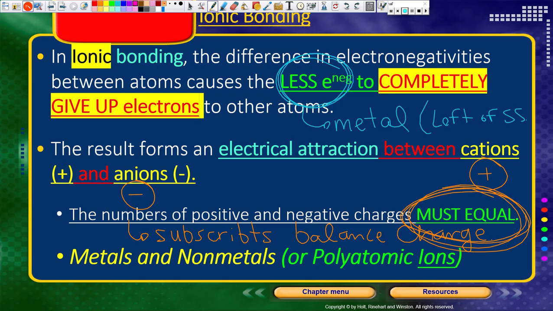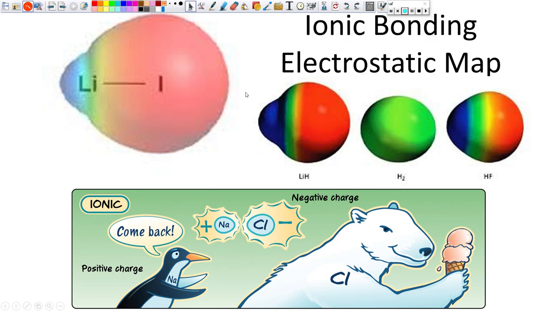All right. So, what two types of things make up an ionic bond? Metals and nonmetals, or what? Ions. How do you know an ion is an ionic bonding? It's in the name. Ions are ionic. That should make sense. All right, let me see what's next. I'm going to stop here because this is going to take a few minutes, and I want to start.